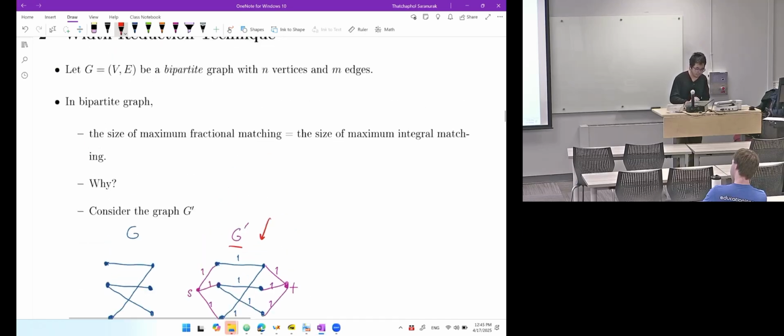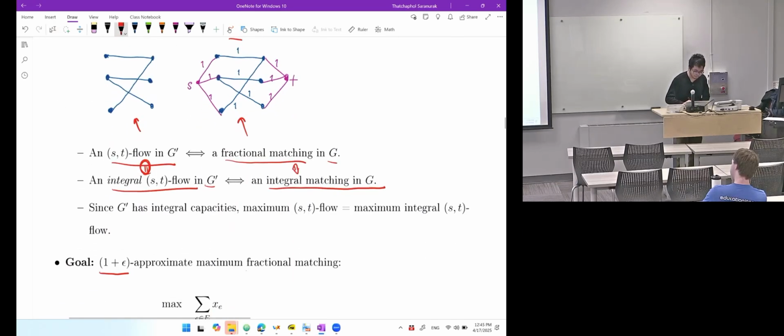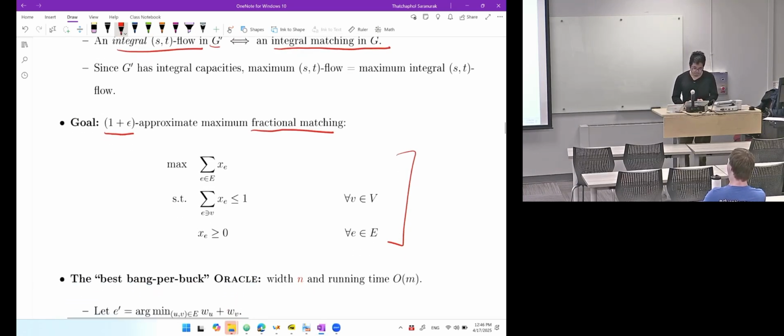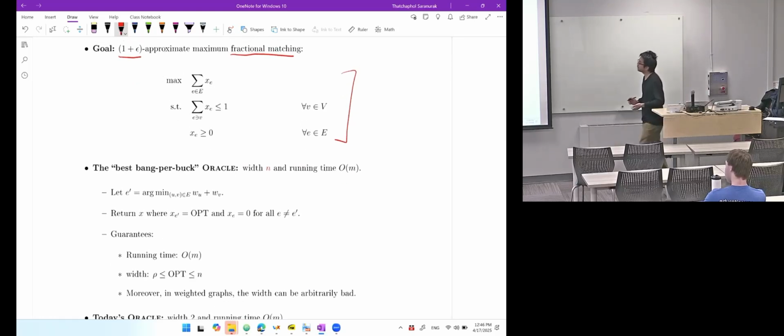So this is just to remind you of some facts, but the goal is still to compute a fractional matching that is approximately maximum, up to a 1 plus epsilon factor. Previously, we have seen the oracle where